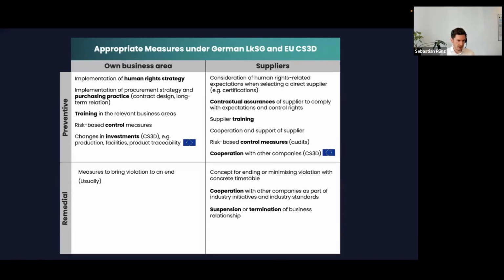And something very interesting, which can be found in the CSDDD, a very broad term. It's hard to understand right now. What does the legislator mean? So far, we are missing the handouts of the European legislator explaining what exactly companies need to do. But when you look at the CSDDD, you can find preventive measures with some examples. For example, changes in your production, at your facilities, product traceability, which is very far-reaching, because it tells the company how they have to design their products,